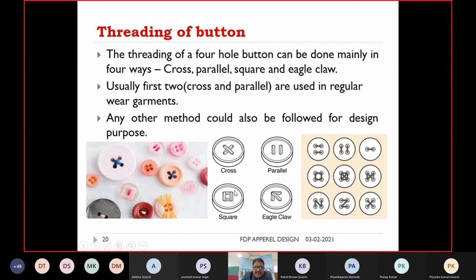Here is the cross. Here is the square. Here is the eagle claw. In all of these, 4 holes are used. Here is also 4 holes, here also 4 holes, here also 4 holes. But these are different methodologies of attaching the button to the garments with the help of button attaching machines.